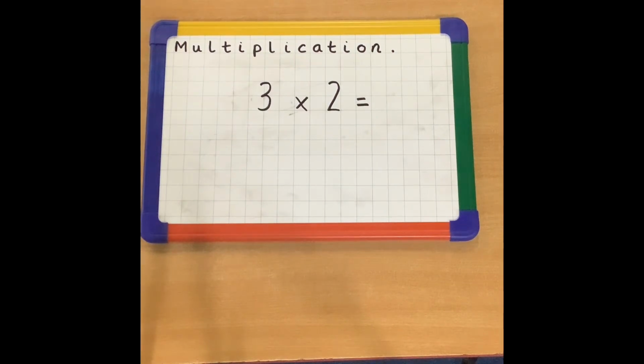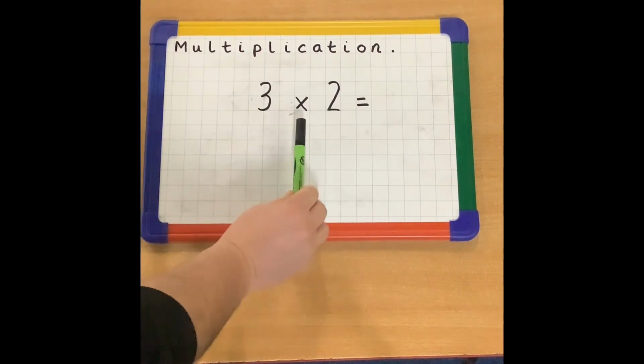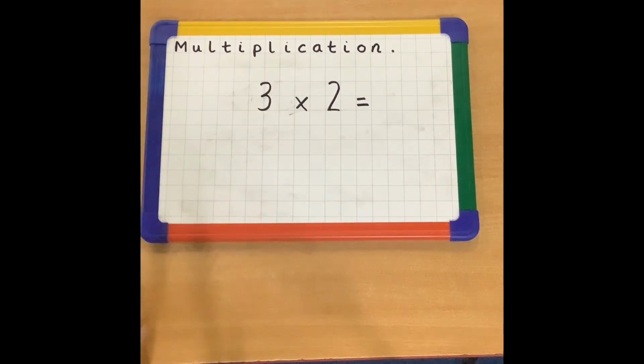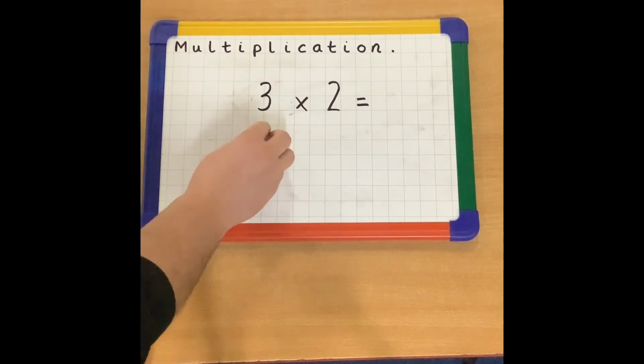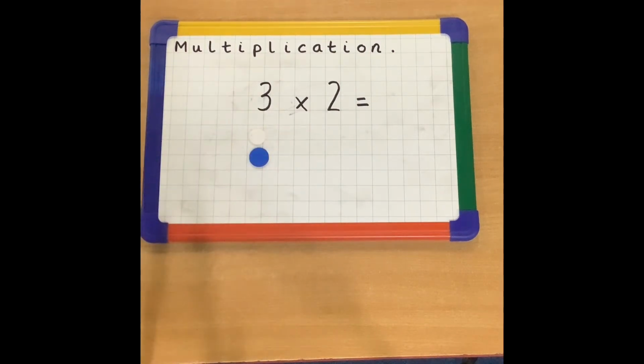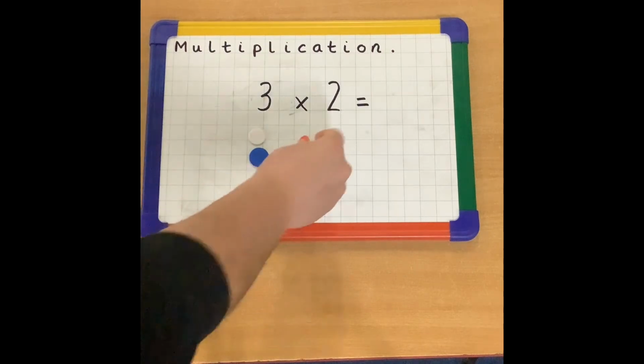Okay, so this is the times sign or the multiply sign. And we were talking about in our video the other day how it also means lots of or groups of. So for this one here, we have 3 lots of 2 equals how many? Well, let's see, we're going to get our 3 lots of 2, 1 lot of 2, 2 lots of 2,